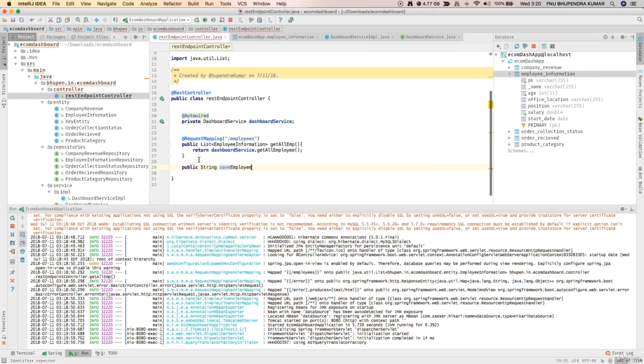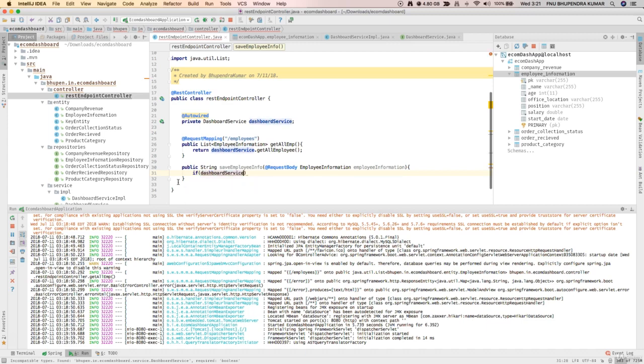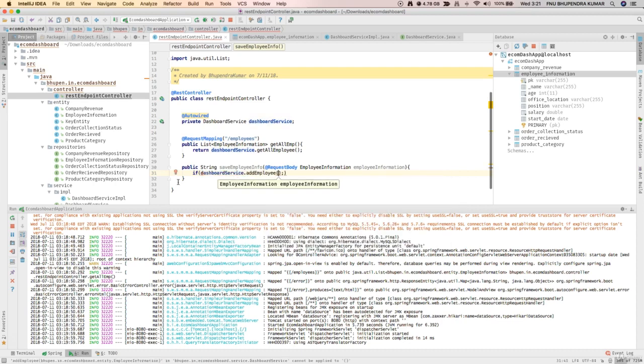Save employee info, and then I can say request body is employee information. Okay, and then if dashboard service dot save dot add employee not equals to null,